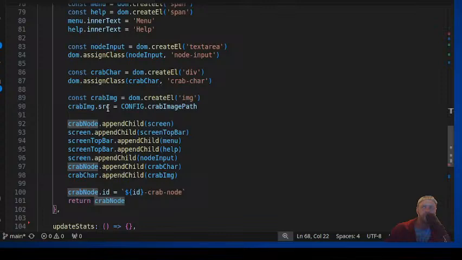Yeah, even the crab image gets added: append child, append child, append child, append the menu to top bar, append to the top bar, append the input, the wrapper for crab character and the image. And then I set the ID to this. And now,